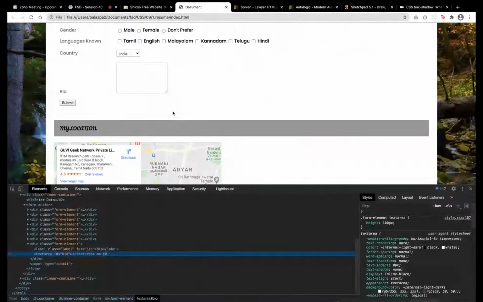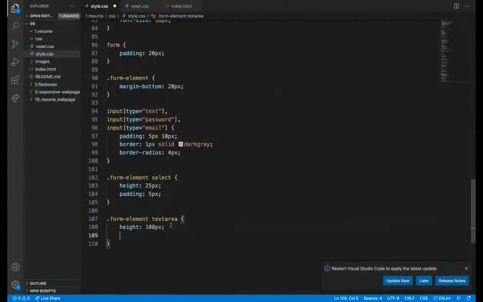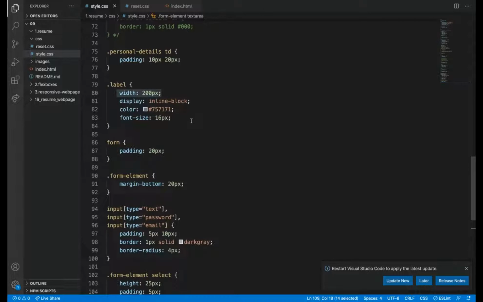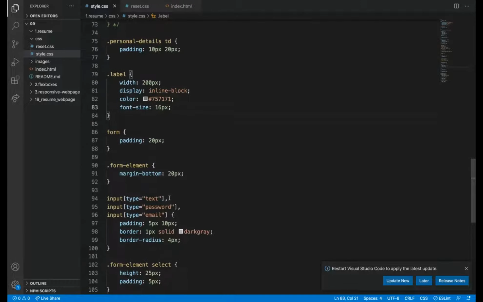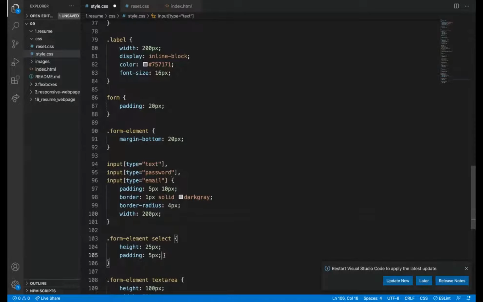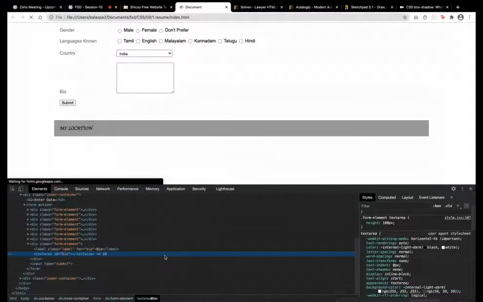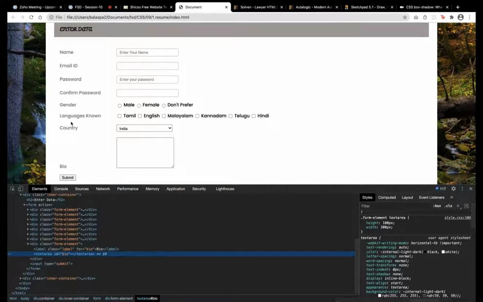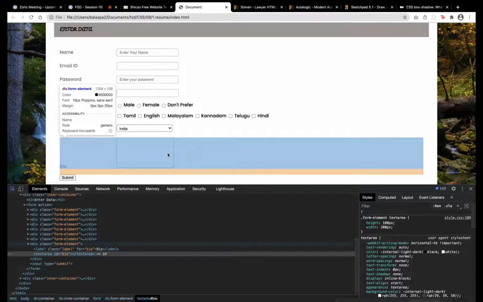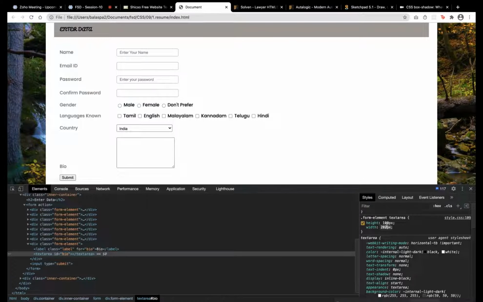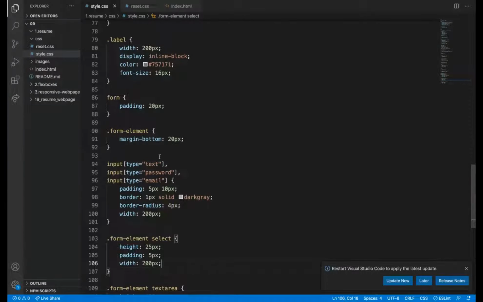Width also I may need. For all the things I can give width. Okay, width 200. Here also I can. Not for the label, for the input I want. So all the things are in the same width.